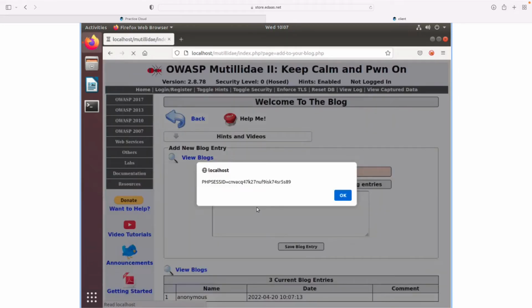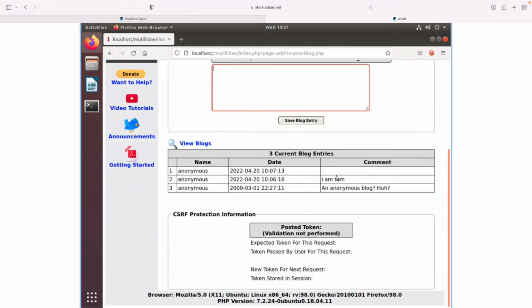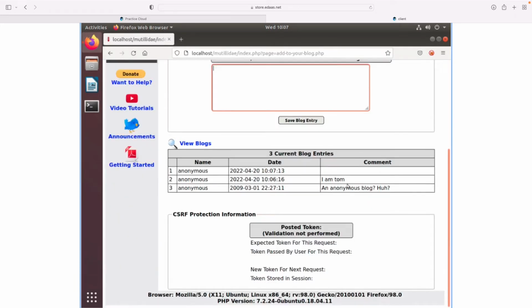So after I type in that, as you can see, that message has been saved into the database. But as a matter of fact, that message is basically a script. As a result, that cannot be displayed. Instead, it's going to be executed. And the behavior of that is that it pops up a message box displaying the session cookie